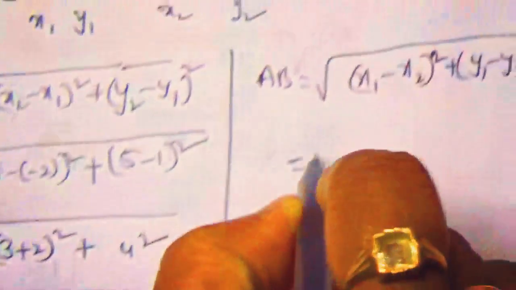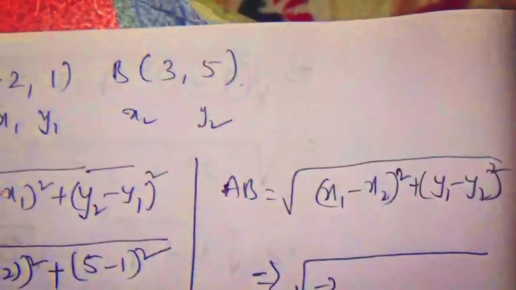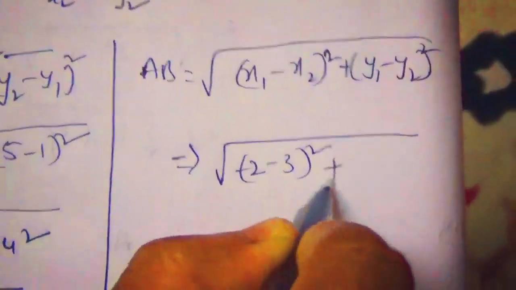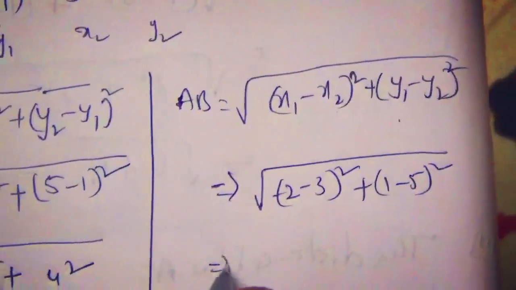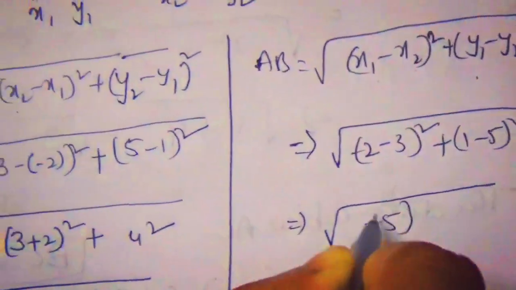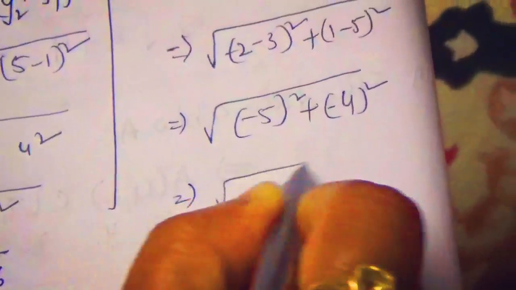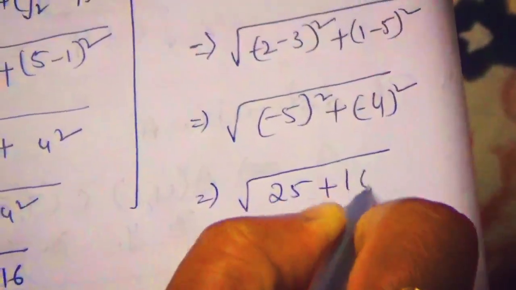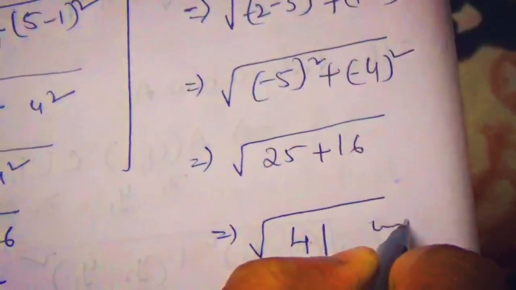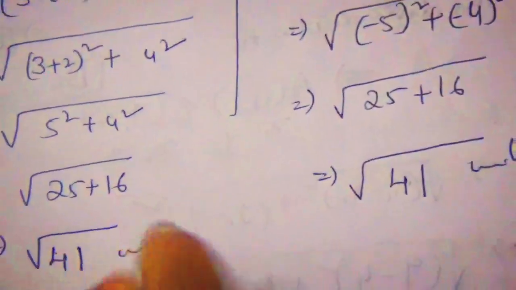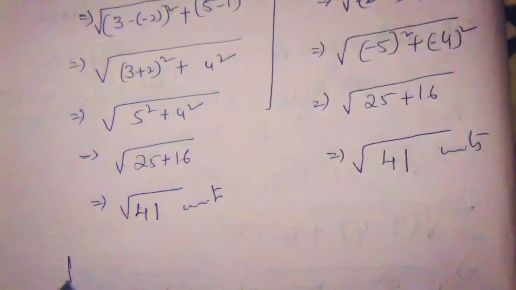Here, the square root of (x1 minus x2), that is (minus 2 minus 3) whole square plus (1 minus 5) whole square. That is the square root of (minus 5) whole square plus (minus 4) whole square, which is the square root of 25 plus 16, which is the square root of 41 units. Both answers give the same. Hence, from the above, the distance formula